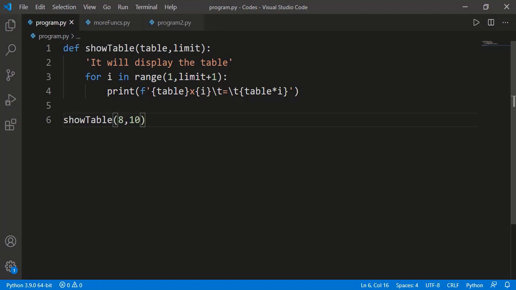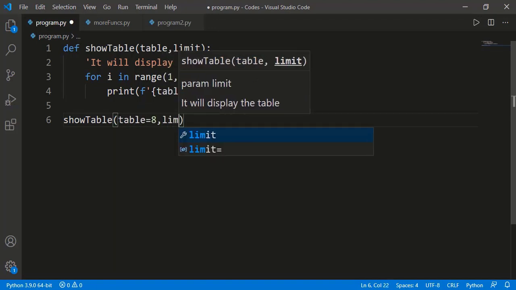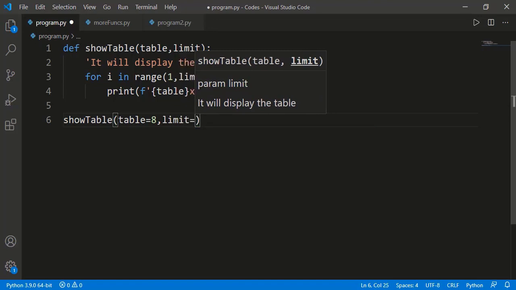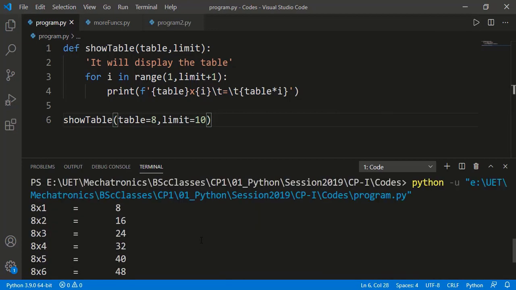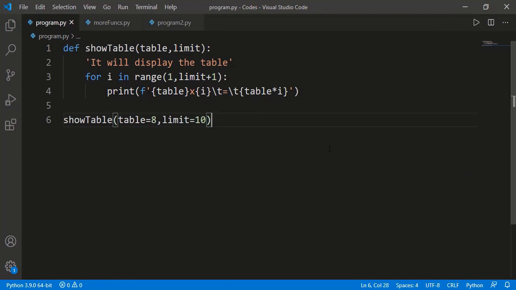There is also a way we can provide the input arguments by their names. For that we can write the name of the input argument, then equal sign, and then the value we want to assign to that argument. We have the same result. We call this way as setting the input argument by name, or we can call it as named arguments. These are also known as keyword arguments, but the same term is used for another purpose which we will see at the end of this lesson. So I will call this as named arguments.